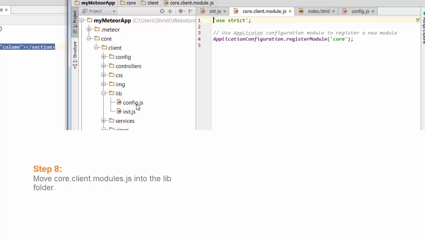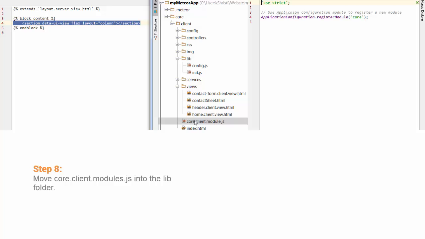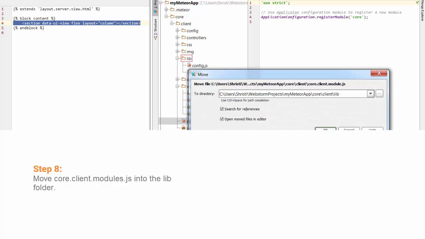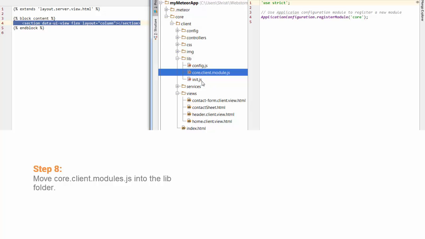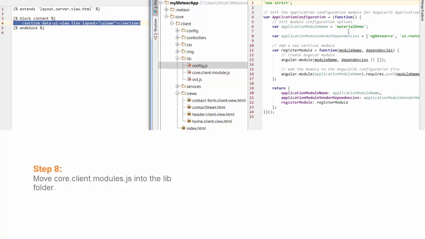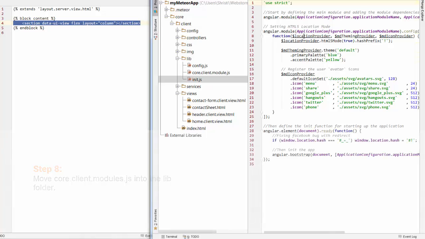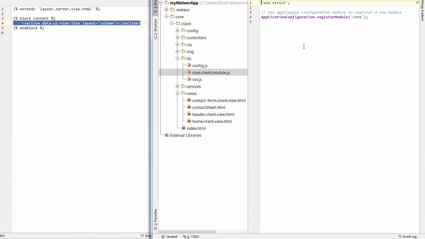So what I'll need to do is probably just move this from here into live. Yep, I can move it there, but I kind of need it to load after this init file, right? So first I want to identify all the dependencies and the module name, then pass that through to init and bootstrap Angular, and then I want to actually register this particular module. So to do that,